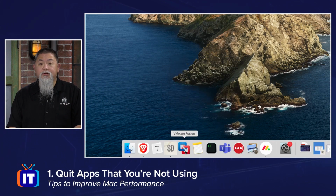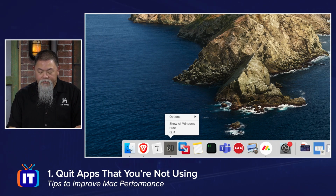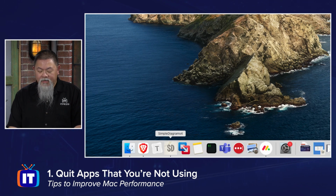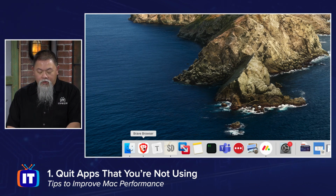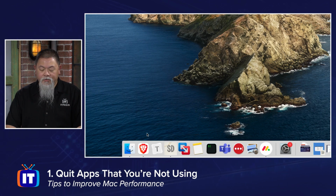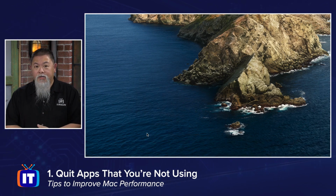And when I do that, you'll notice that the actual dot disappears, which tells you that it's been removed out of memory as well and closed down. And I can just simply do that. Now, sometimes you might find one that may be a little bit resistant to you doing that. When that happens, all you have to do is hold down the Option key, and then you can even tell it to force quit if you choose to. Well, this one's not doing that, so I'm simply going to go ahead and close out of that one as well. So that's one of the first things that we can do that's very quick, that doesn't require a reboot,